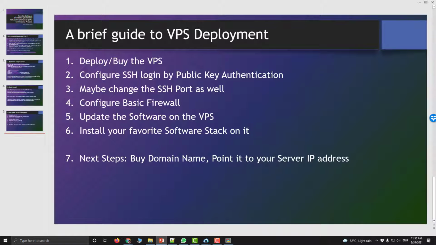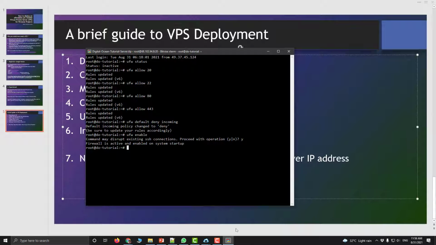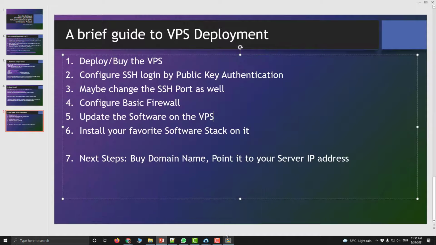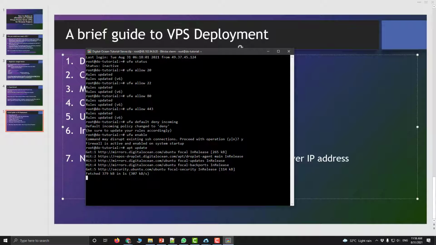Then next, you update the software, so that you can follow any, depending on what you want to install, they automatically update it. Otherwise you can just type apt update. So as you can see, it's connecting to its own servers, all the software repositories, and downloading them, and it's already done.